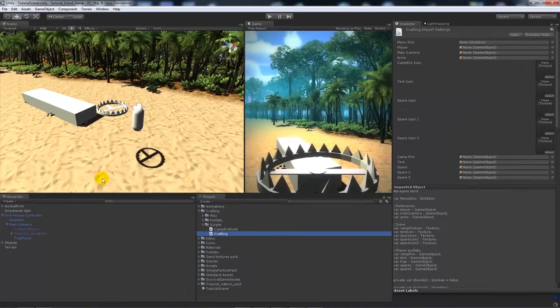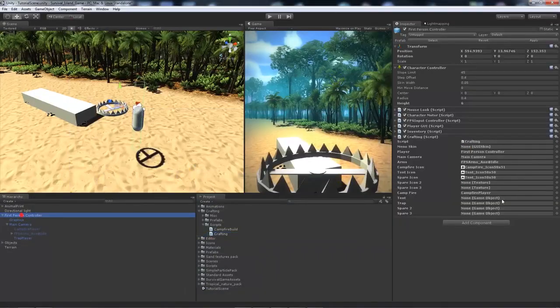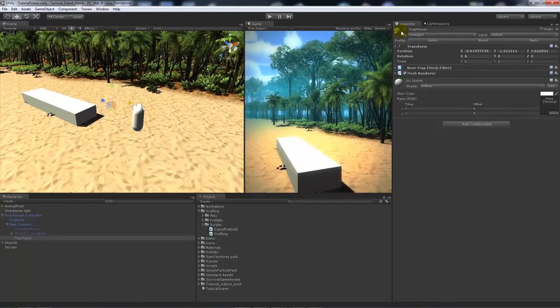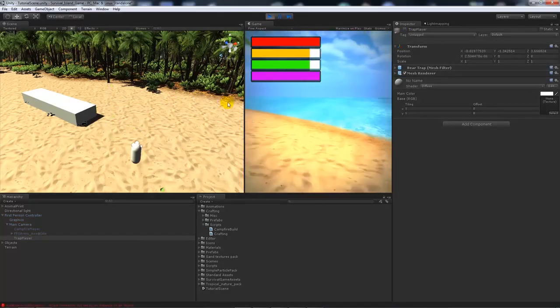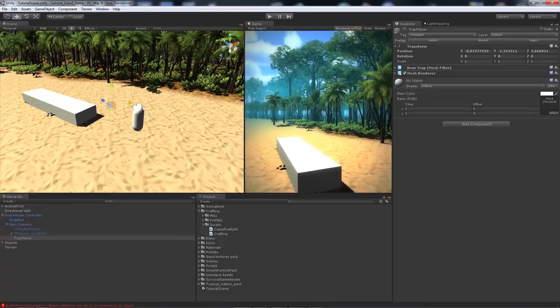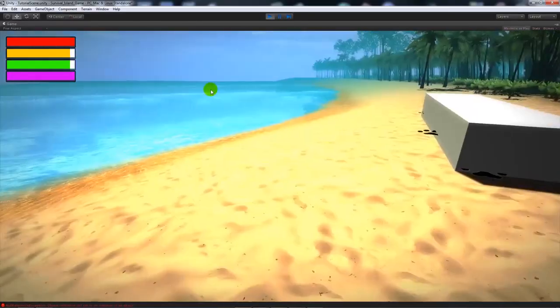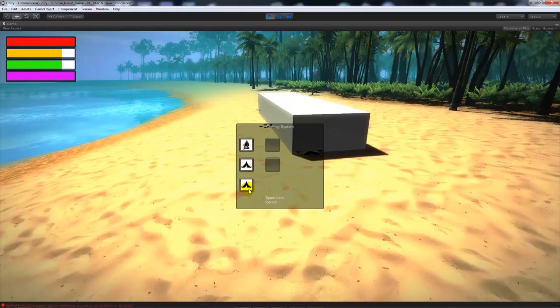So if I show you now on the first person controller again, we can see that we have the trap, so we need the trap game object here. So what we can do is add trap player to there. The spare icon is still going to be the tent icon, and to test this, we'll untick the actual object to appear. Now if we press play, I'll make this maximize on play so it's easier to see. I press play, I press C to craft, and then